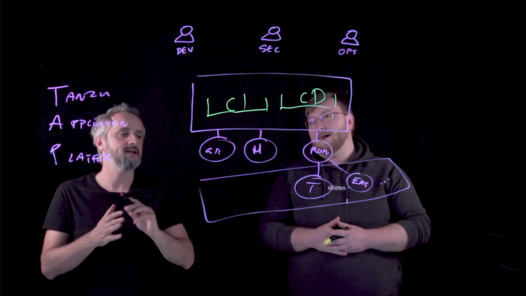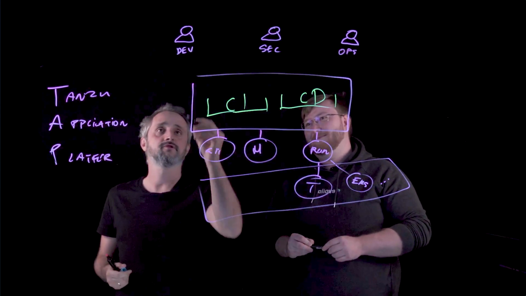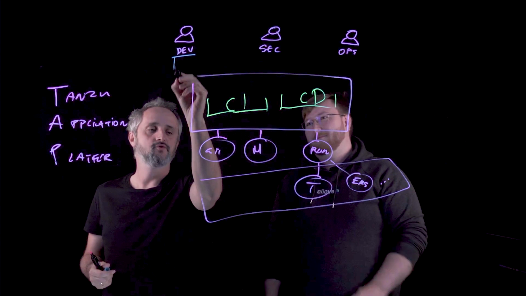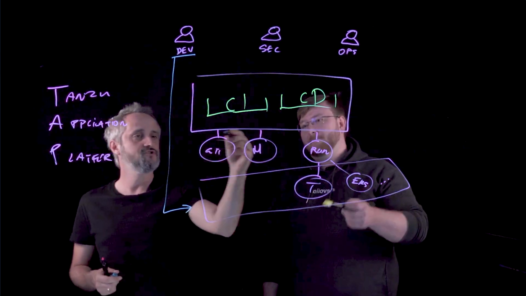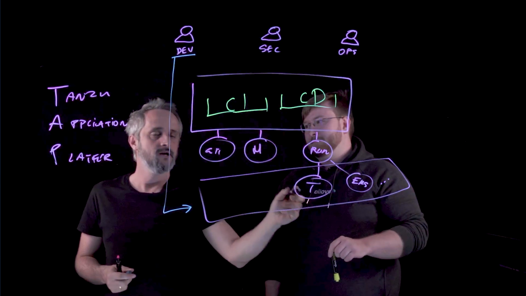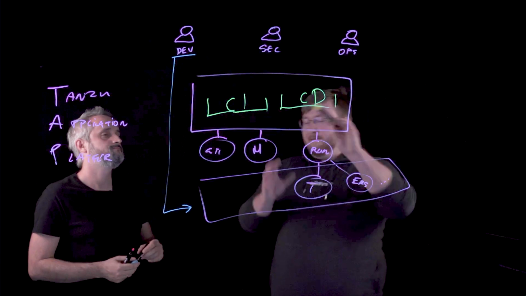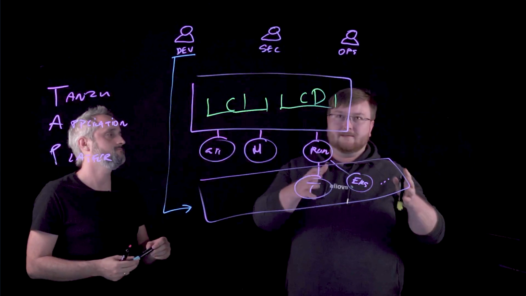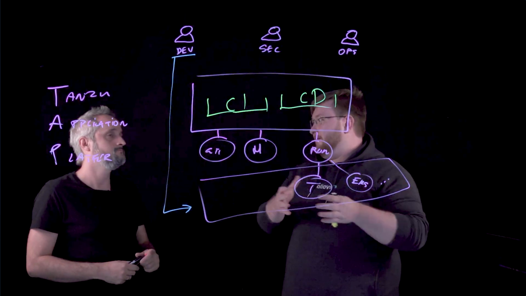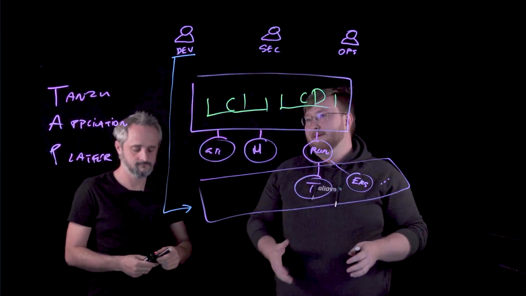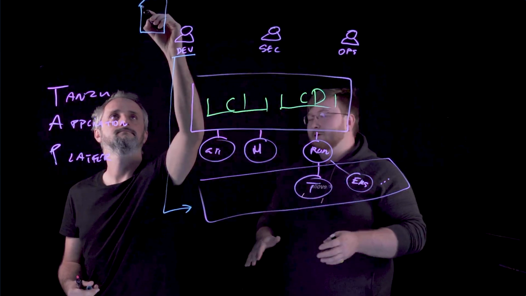Those guys will consume in the end. I like to use the word consume. So for example, this guy wants to consume this infrastructure or run the code on the infrastructure, and he needs all these tools, all these elements to do it. No, he doesn't. Because with Tanzu Application Platform, we, as the security and operational team, create a template. This template can then be used by the developers as their underlying code base to write